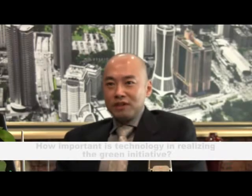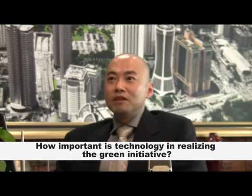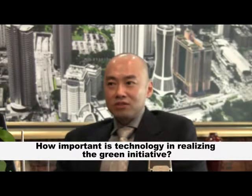Technology is a wonderful thing if it can be harnessed, and we believe in harnessing technology in our approach to going green. So if you like, we see GTower as being a green and smart development. So, for instance,